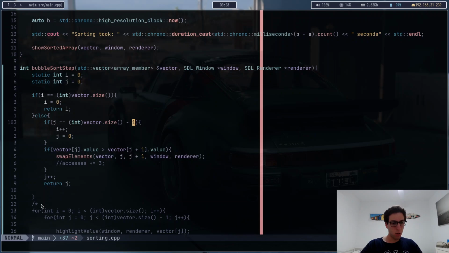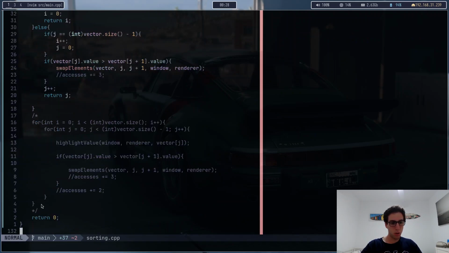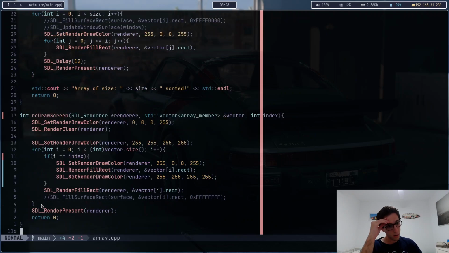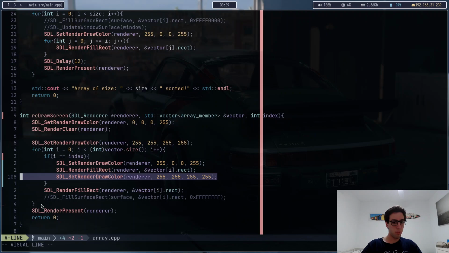Okay, so now I need to know exactly why you're not doing this, which is kind of crazy. Set render draw color, highlight value. Where's this? What am I trying to do here? Redraw screen, I'm trying to do all this, which is I'm trying to set the render color to red here. I'm filling this one up with red, and then I'm sending it back to white. Seems pretty reasonable to me. But for some reason it does not seem to be